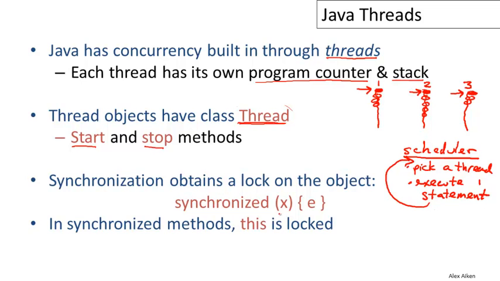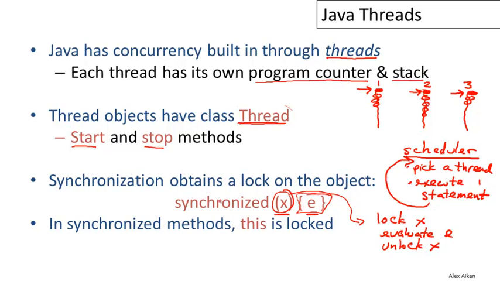If I say synchronized (X) E in Java, what that means is that the program will acquire a lock on X before it executes E. So the procedure here will be to lock X, then evaluate E, and then unlock X. It's a structured synchronization construct, and while it's executing the expression E, it will hold a lock